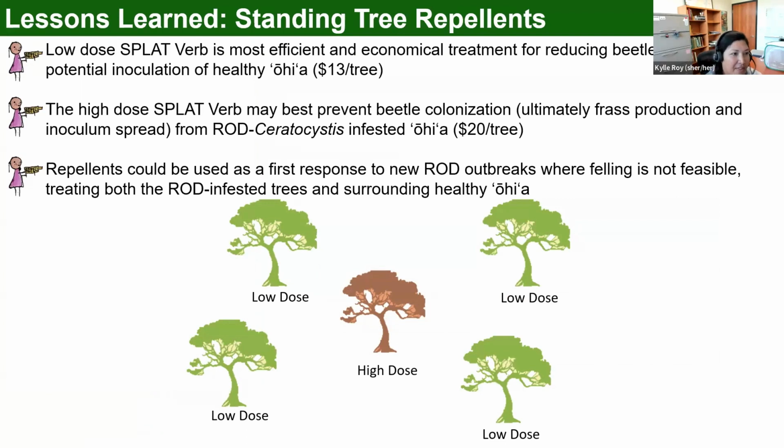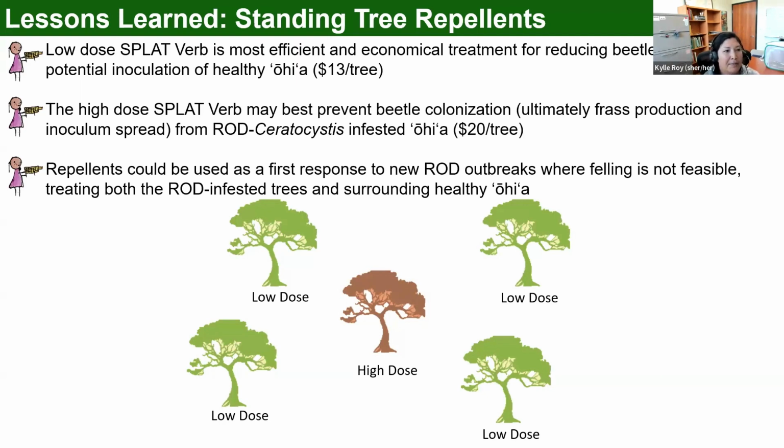And putting those together, we saw that for healthy ʻŌhiʻa trees, so green leaf trees, using the low dose of Splat Verb is efficient and also the most economical treatment, and that costs about $13 a tree to treat. And then for trees that already have ROD, to prevent beetle attack, the high dose of Splat Verb may be